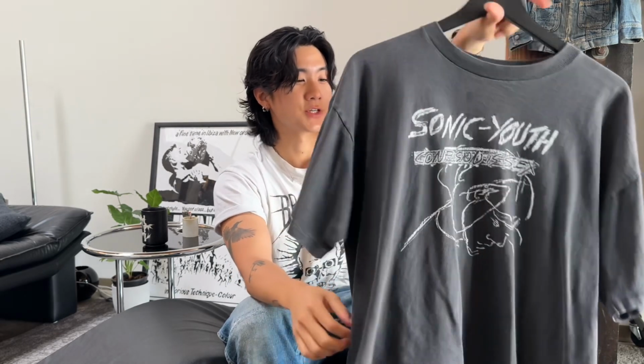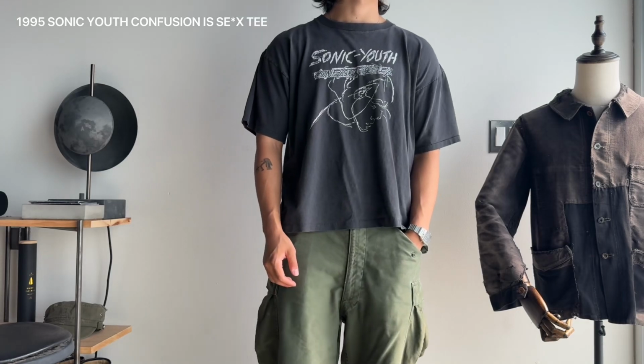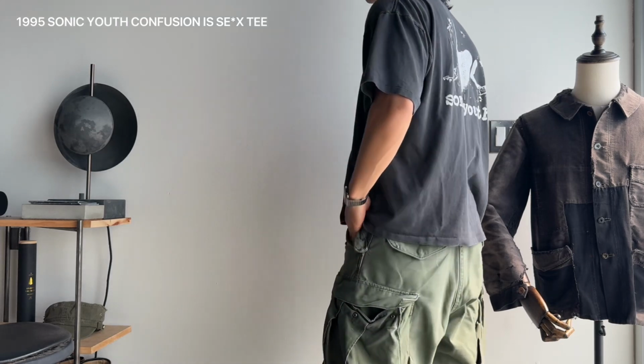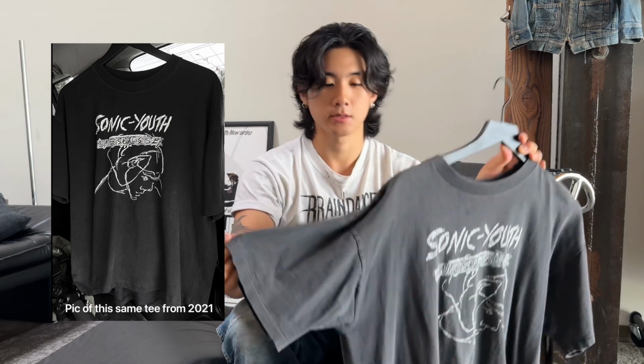This next one is probably my most worn band tee. This Sonic Youth Confusion is Sex band tee with a front hit and the back hit. I wore this to the gym, when I sleep, when I work, when I chill, literally everything. I've probably worn it like 300 times. It's so comfortable for me, the perfect amount of softness, really good wear on it, good fit, just easy to throw on, and something I enjoy fading over time. It was a really black tee before, but I washed it so many times